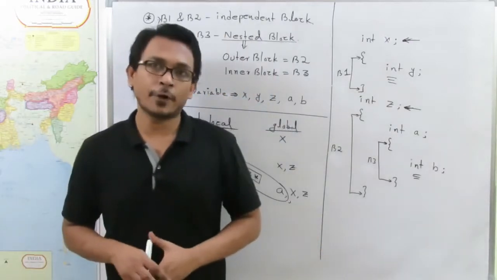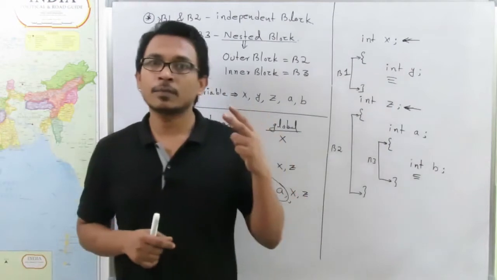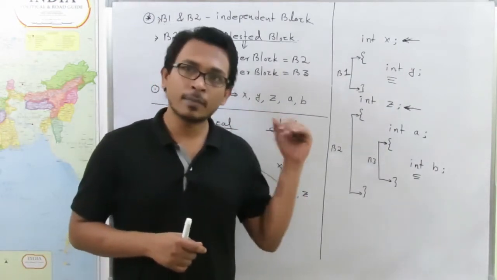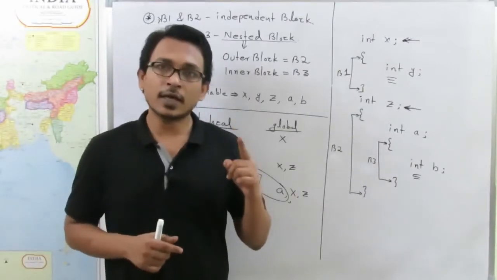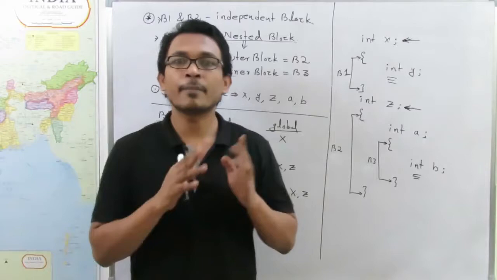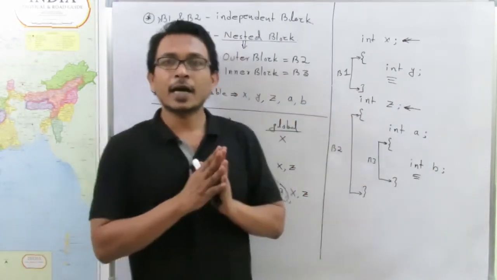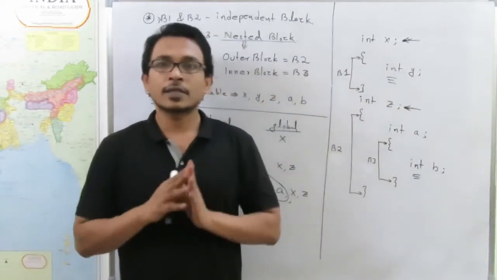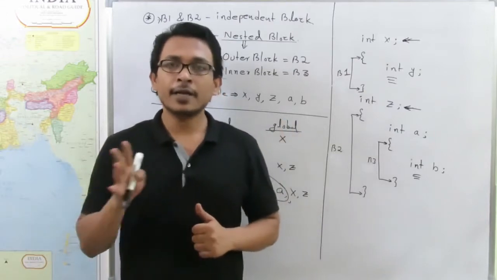Now the next point is, we already know whenever we declare any variable, the system does two tasks with respect to that particular declarative statement. What are those two tasks? The first task is to allocate a memory block for this particular variable, and after allocating memory for the variable, the system will assign a value to that particular allocated memory.